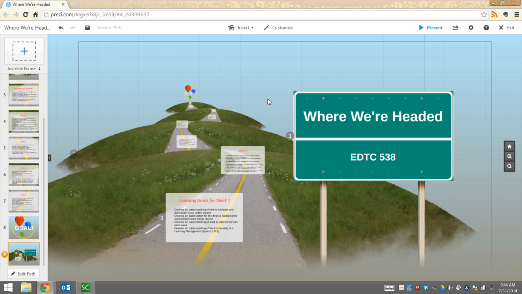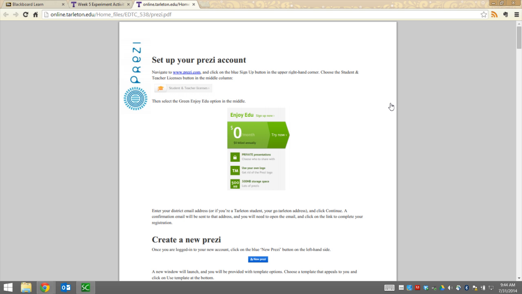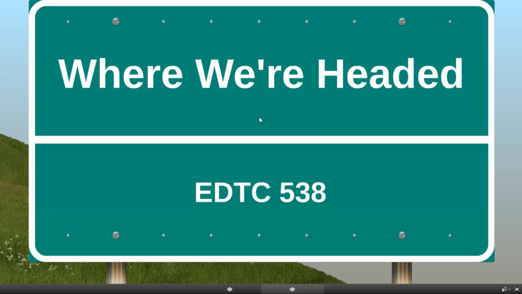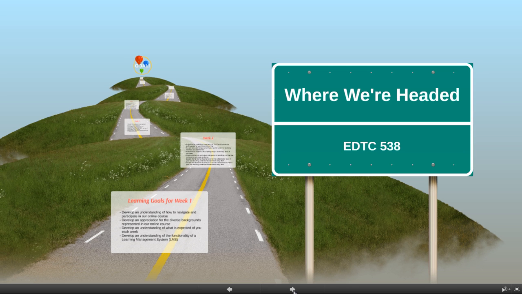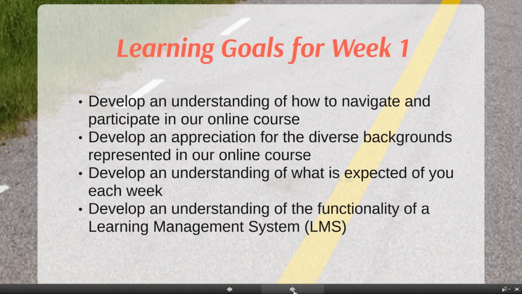So once you're finished with your template, all you need to do to show it to someone is to click on Present, and that actually brings it up like this in a full screen, and you can click at the bottom to advance your slide. So here's my first frame, second frame, third frame,